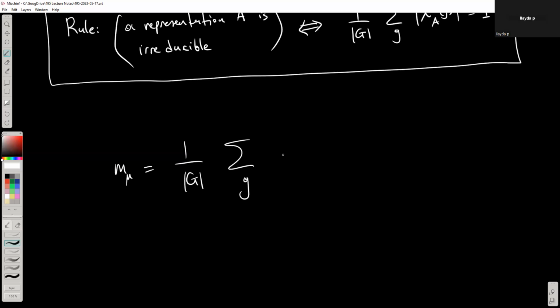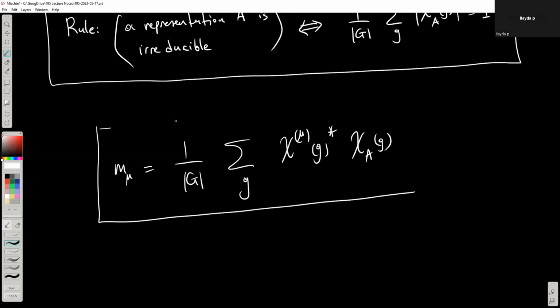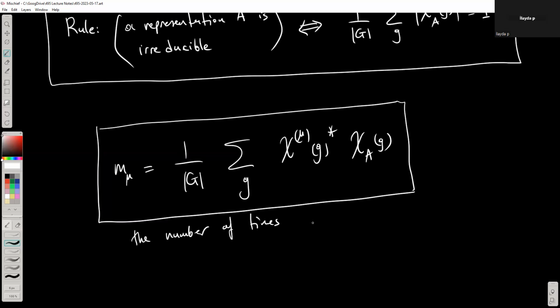If I carry out that summation, chi mu of g complex conjugate chi a of g, then I'm going to get the number of times the mu irrep appears in the decomposition